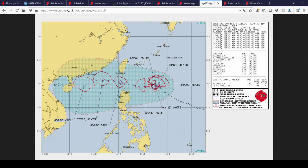And here's a look at Tropical Storm Atsani. It's a 35 knot system, about 40 miles per hour, forecast to peak as a high-end tropical storm with 60 knots, which is about 70 miles per hour. It's forecast to go right in between Taiwan and the Philippines, off this latest forecast cone, and near